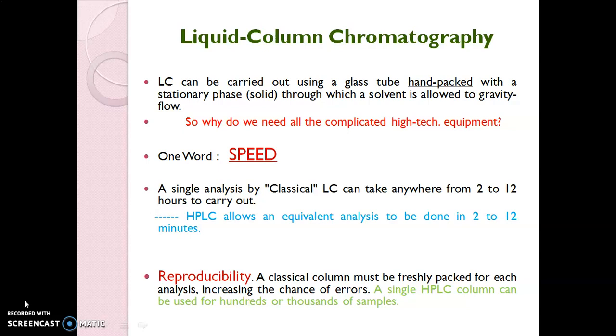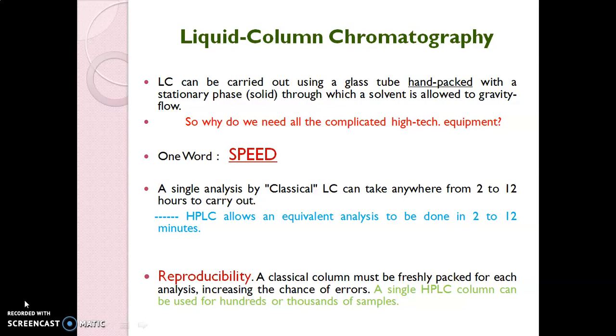In many cases, if we are using a very complicated sample and we are going to separate the component of our interest, it takes 4 or 5 months for the separation, if you also want to quantify the compound of our interest. But by using HPLC we can collect our compound of interest successfully and accurately within 1 day, within 1 hour. So here speed matters. By using HPLC we can get speed and we can get accuracy.